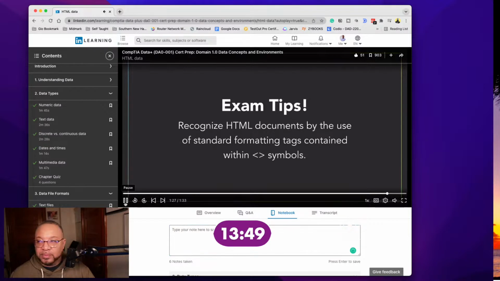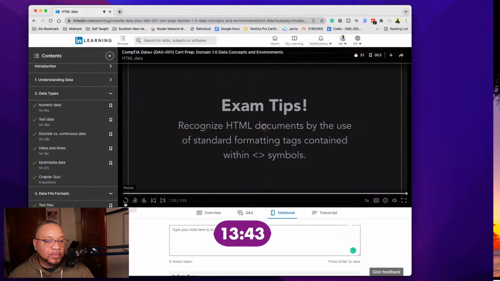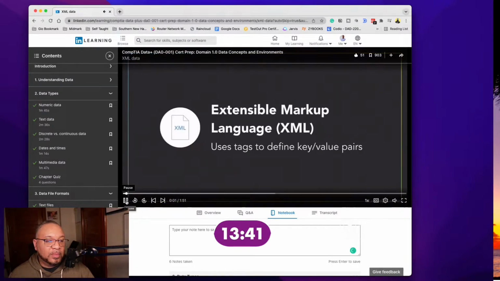These will always be contained within the greater than and less than symbols. Also, remember that HTML documents are used for web pages.